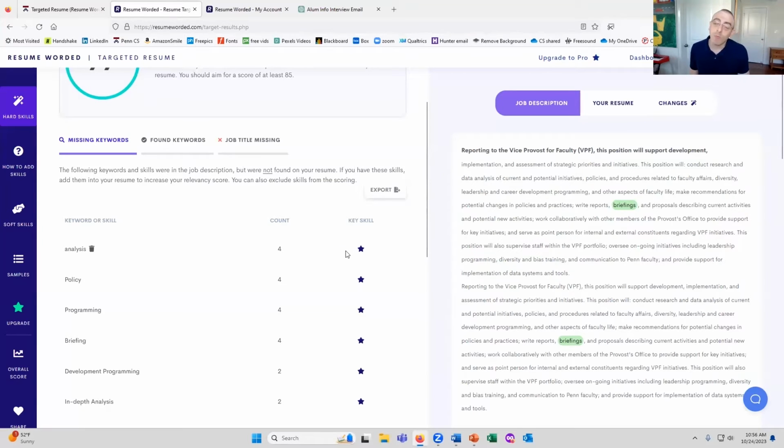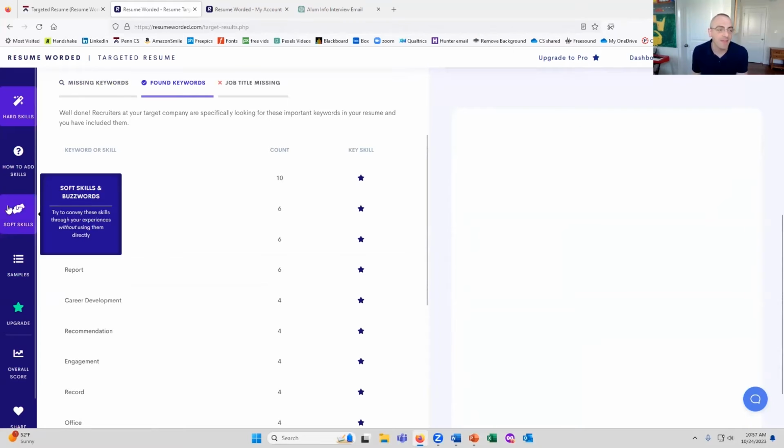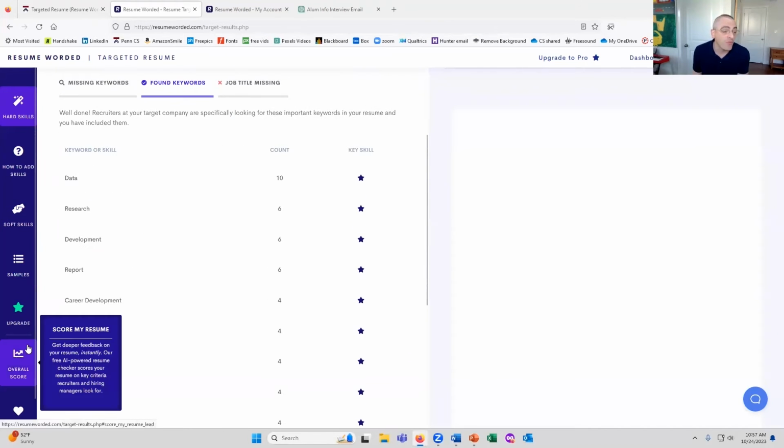So all of these missing words then give me the opportunity to say, well, how can I integrate those into my narrative? What can I do to make sure that I have those keywords? So missing words and found keywords, really great to sort of bear in mind as you're trying to think about that percentage. The other component of this is the soft